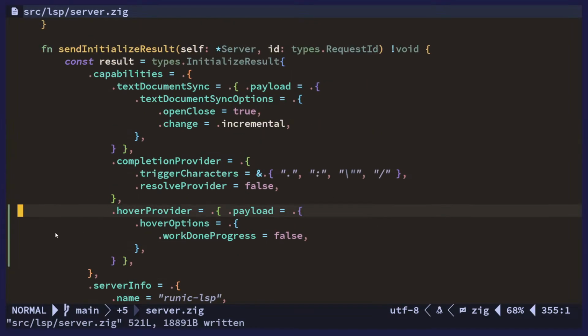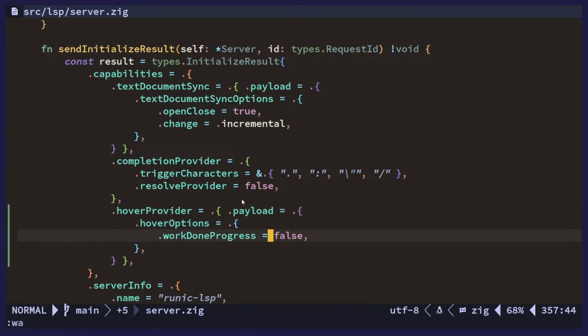Yeah, there we go. Okay. So, hover provider, hover options, work done progress false. I guess this would be equivalent to having, yeah, now we have hover provider, but